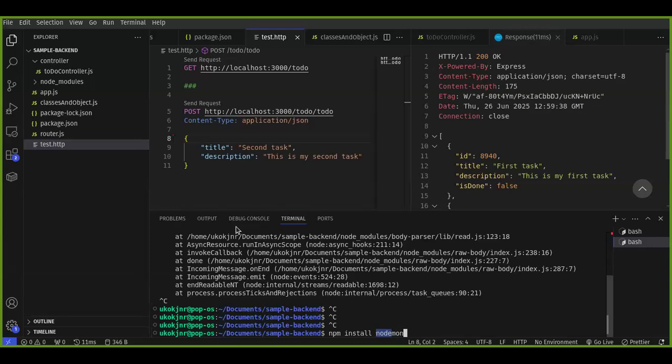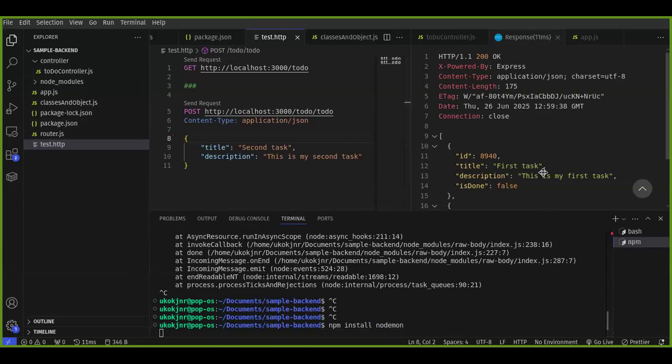So it monitors your Node package, or your NPM package. And once there is a change, it restarts your service automatically so that you don't need to do it manually. So npm install nodemon. While that is installing,